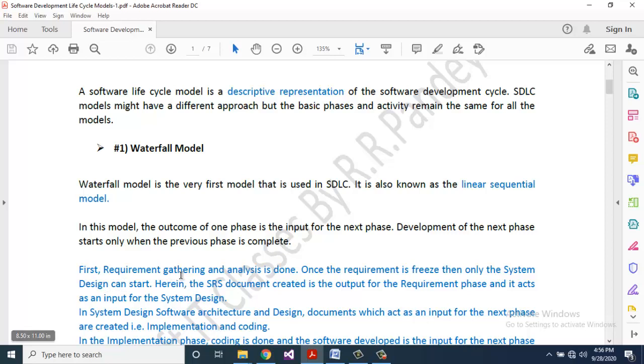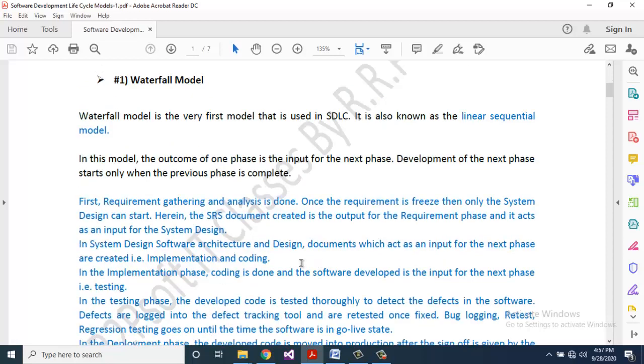First, requirement gathering and analysis is done. Once the requirement is frozen, then only the software design can start. Herein the SRS document created is the output for the requirement phase, and it acts as an input for the system design.